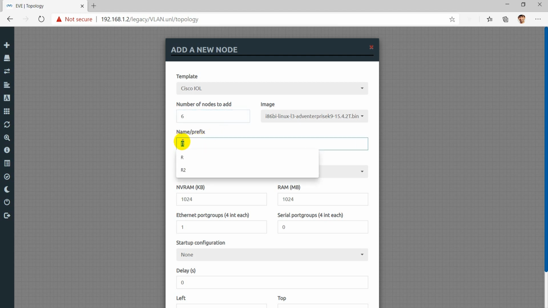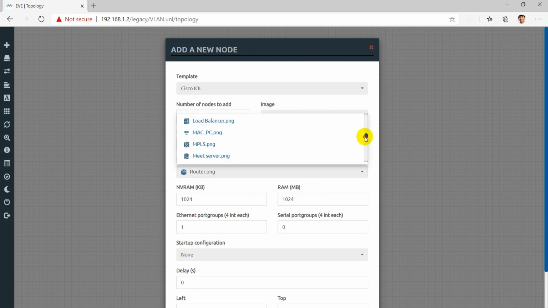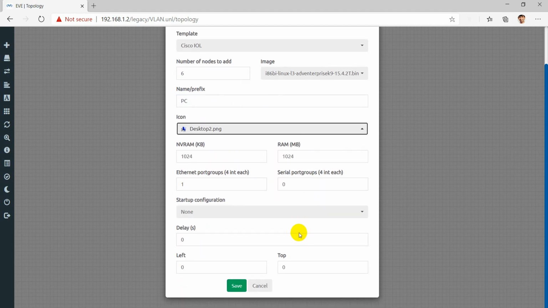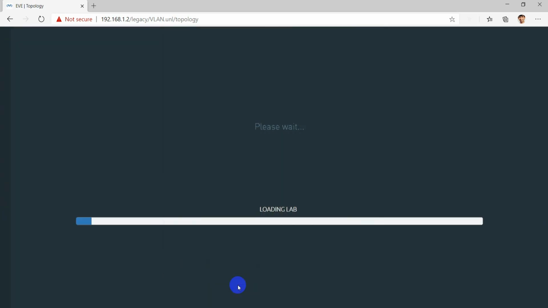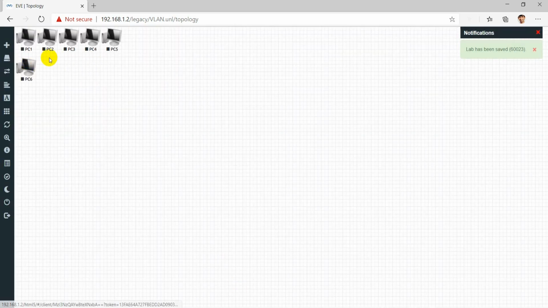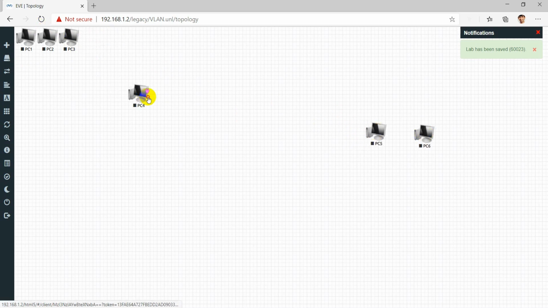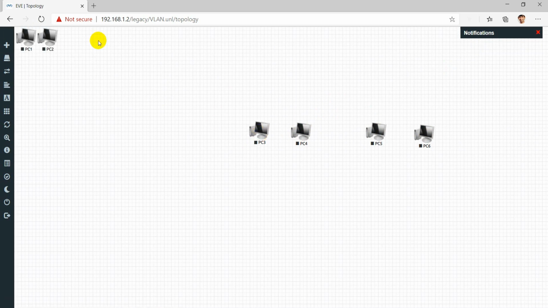I will add 3 switches then. They would now be numbered accordingly. Now coming to the icon part, I will select the desktop icon and save it. These would be the PCs which will be connected to 3 different switches.